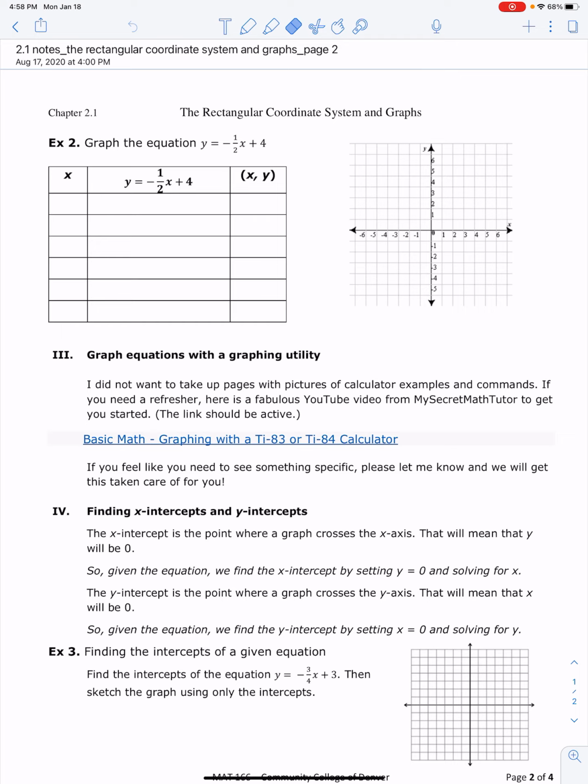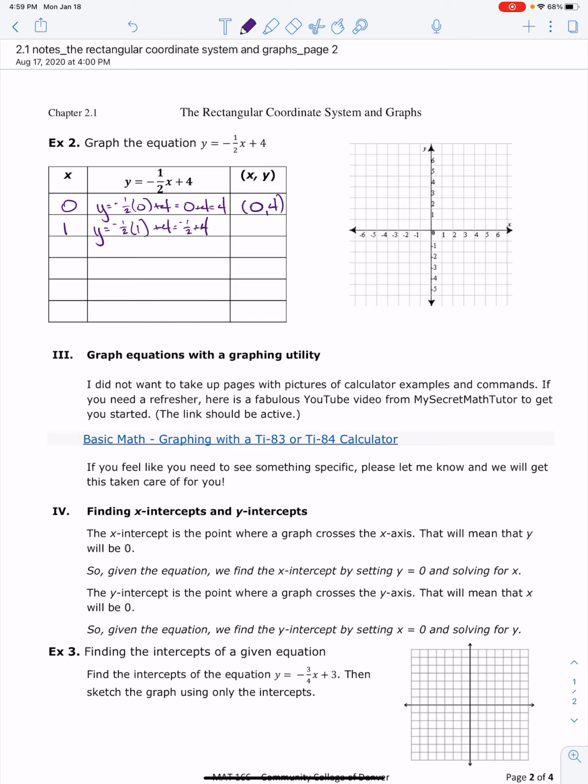So we're going to start with the easy one. X is 0. I get y equals -1/2 times 0 plus 4. Sorry, -1/2 times 0 is 0. Plus 4 is 4. That means when x is 0, y is 4. And so we like easy numbers, so I'm going to plug in 1. I get y equals -1/2 times 1 plus 4, which is -1/2 plus 4, which is 3.5, and that's great,